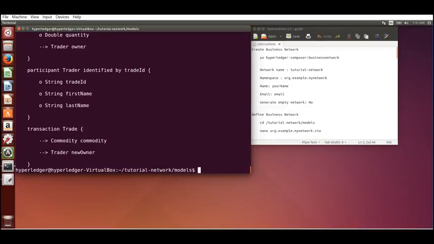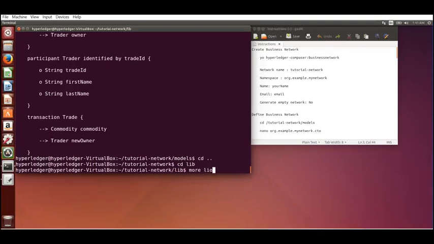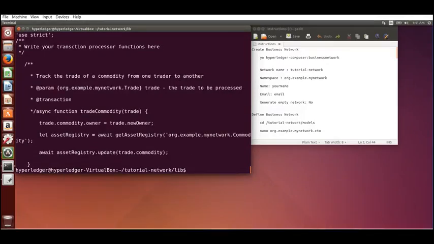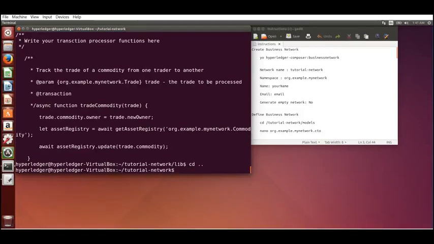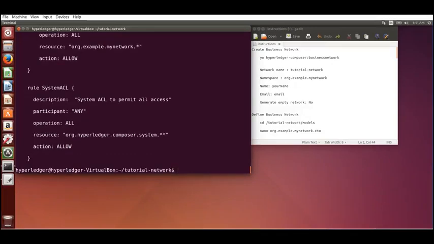That's all, very simple. And then let's look at the logic where the transaction is defined. I'm going to say logic.js, and you can see the transaction defined here. Okay. And the third item is the permissions for who can access what. It's a simple one that we are going to do: permit all to access and view. We are going to do a demo after all, so we are not restricting the access to anything.